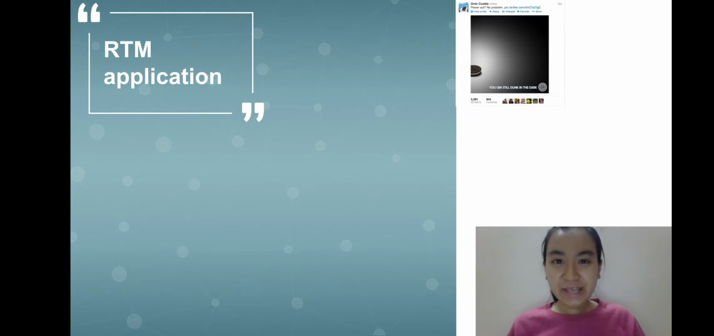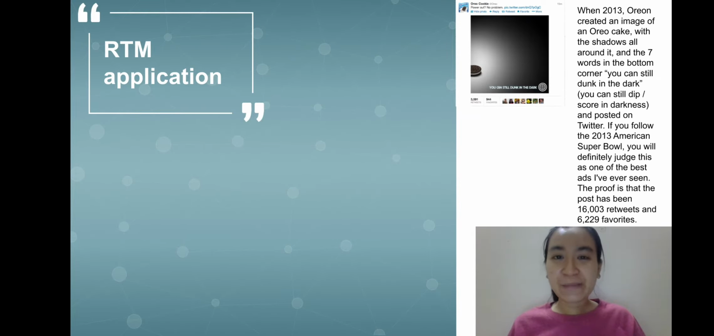Here are some examples of real-time marketing. First is Oreo. In 2013, Oreo created an image of an Oreo cookie with a shadow all around it and the seven words in the bottom corner: You can still dunk in the dark. It was posted on Twitter during the 2013 American Super Bowl. You definitely just saw one of the best ads I have ever seen, and the proof is that the post had 16,003 retweets and